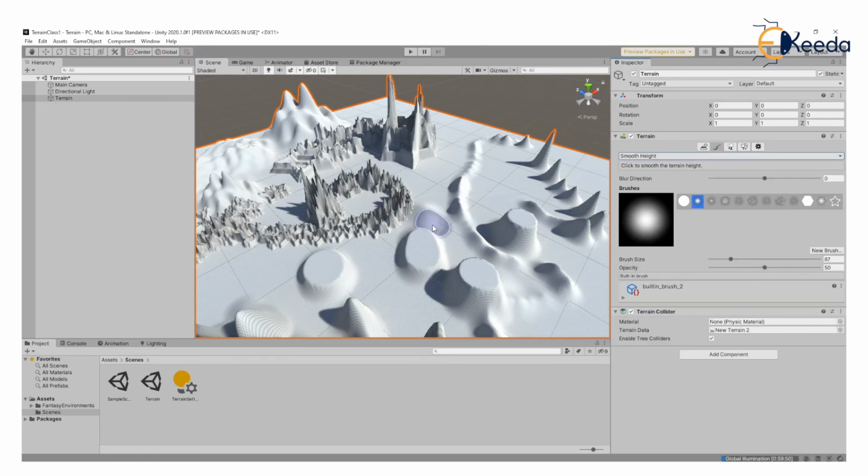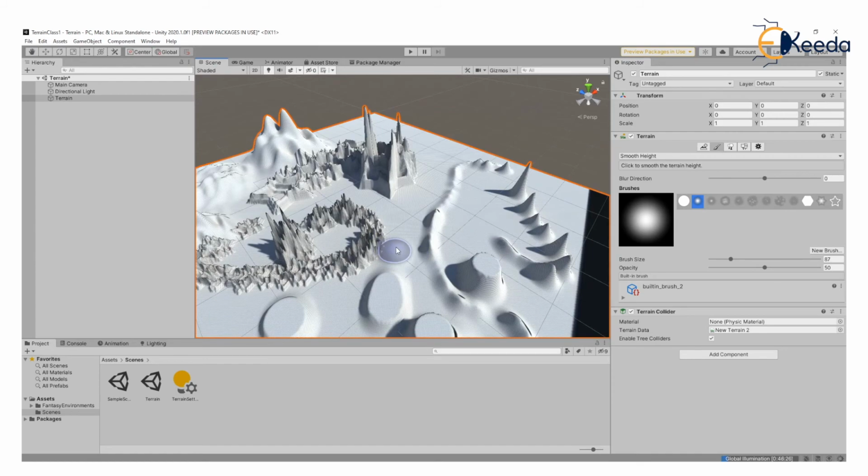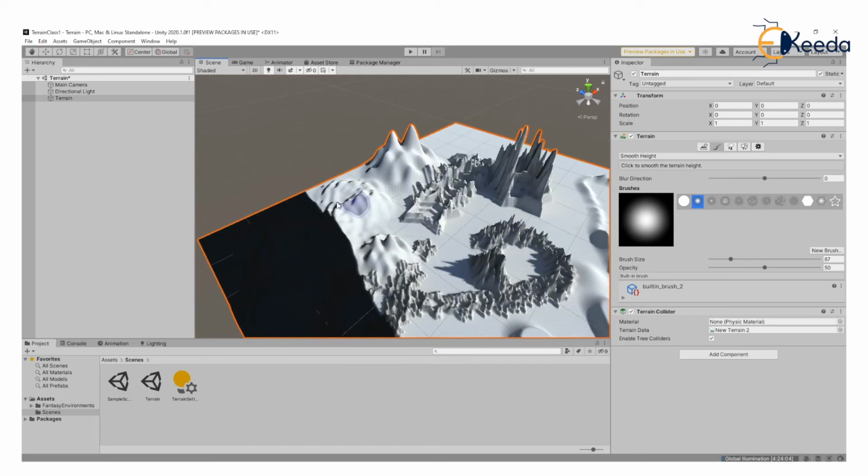Now, in a lot of places you see these sharp or jagged corners which you want to smoothen out. So you use this tool to smoothen the mountains. Let's use this tool and see. You see that over here, the effect can be seen very subtly when the mountains are getting smoothened off. This is very useful to create smoother curves in your mountains. So basically, if you have very sharp corners in your mountains, you can smoothen them off using this tool.